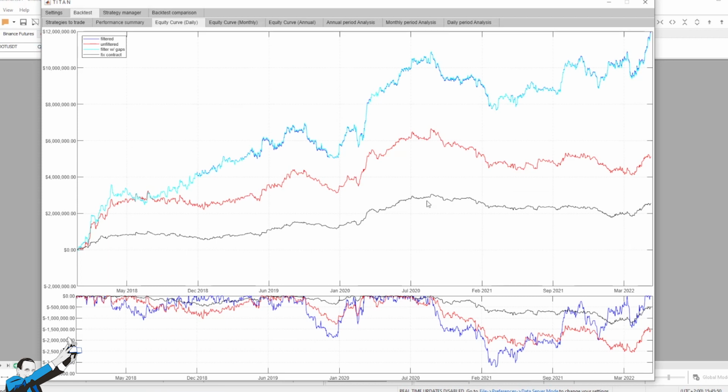Now, if we then go look at the equity line, the one in black reflects the use of all strategies indiscriminately with a single contract. You can see that it's more or less similar to the unfiltered one. So money management logic depends on how much capital we have. What matters most is the difference between the red line, which is the unfiltered line, versus the blue line, namely the line that corresponds to using the systems with the filters on the equities that we previously mentioned. So this equity remains a very real equity, because all the costs of commissions and slippage that one encounters on average in real trading are included. However, the drawdown, look at that, it's very pronounced.